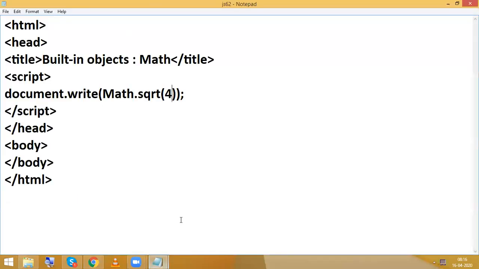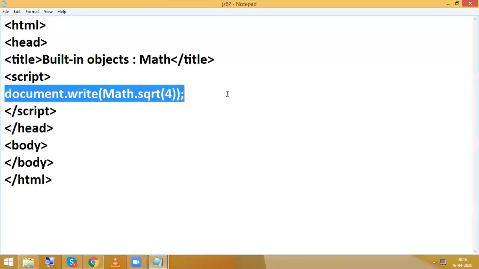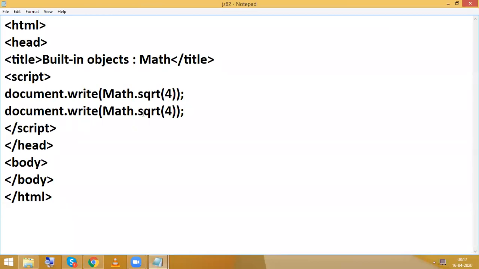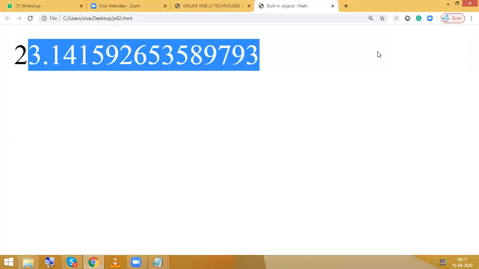So next, Math.PI. Generally, what is the pi value? 22 by 7, nothing but 3.14. So now we can expect the pi value as 3.14, nothing but 22 by 7.